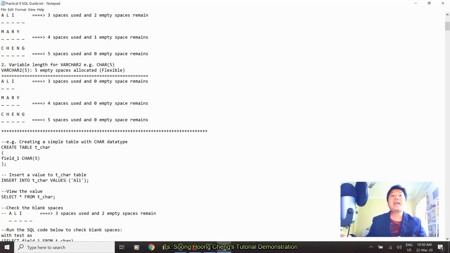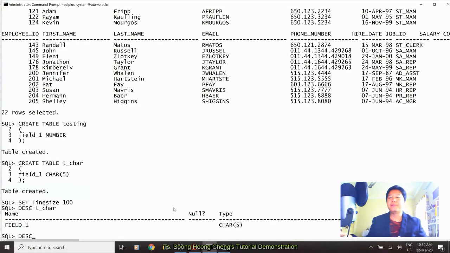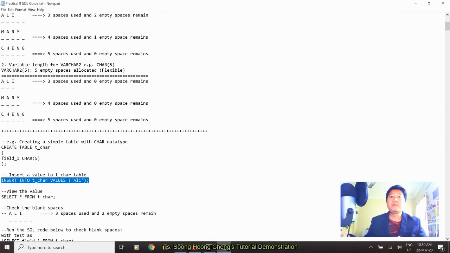Okay, to insert into the table is very easy. Insert into the table name. This one is without a column list, without specifying the column. I straight away put the value Ali. Okay, so this inserts the value Ali into column field1. Okay, when you populate the data with Ali,